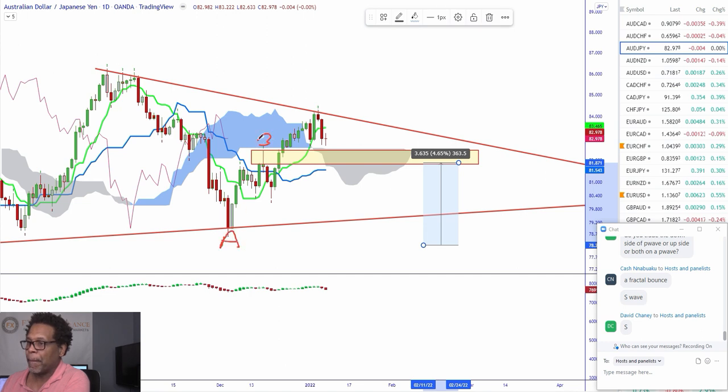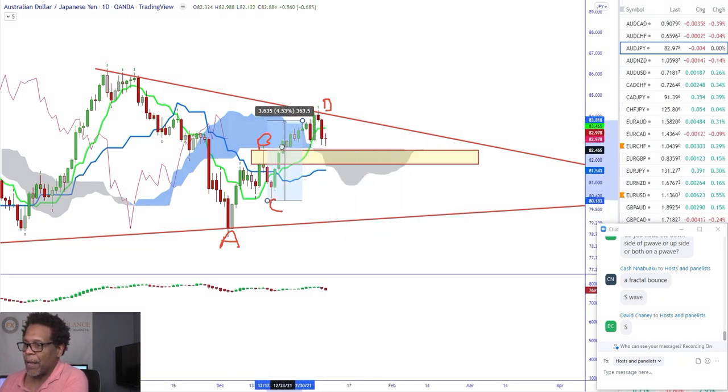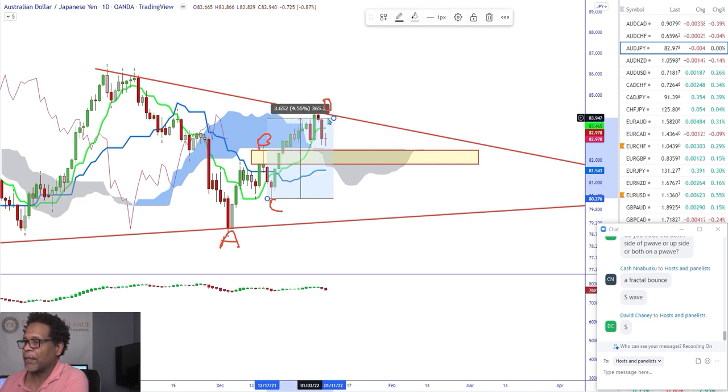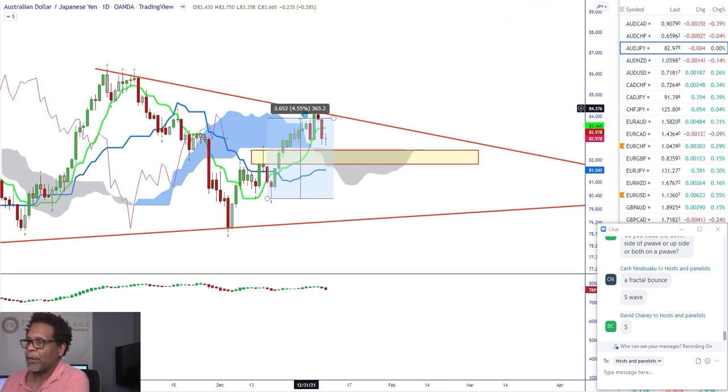All we're saying is this: A, B, right here, C and D are going to be the same length as AB. So if you want to see that in play, you take this and move it to the bottom where C is. So now C and D should be 363 pips. At this point, it's a little bit over. But we're not talking about this being perfect right on the nose. It's levels that you're going to shoot for.